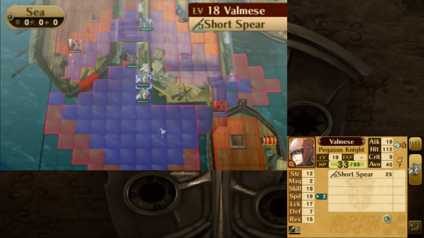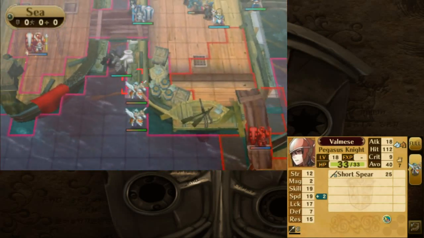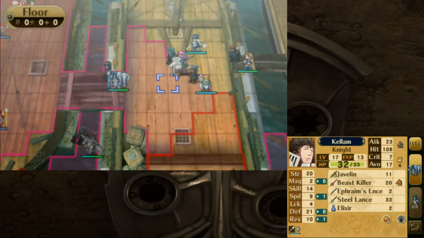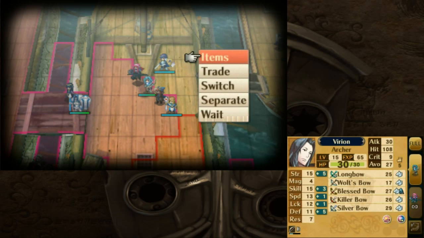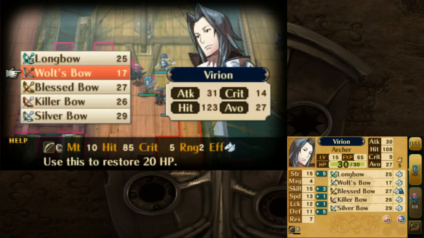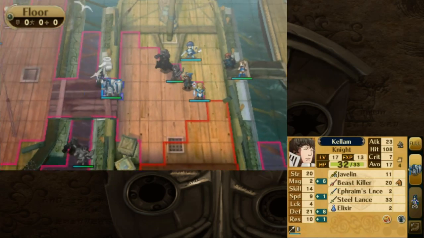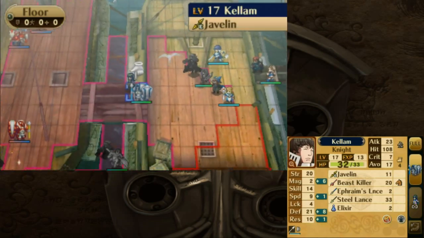Okay, you attack from there. Oh, right, you have a short spear. Now, okay, yeah, if I do this right, there might be a way for me to actually bait the one with the short spear into having no choice but to attack Virion, which naturally is a monumentally stupid idea if you're a Pegasus Knight, but I could actually try and do that. I just have to pull back, although...